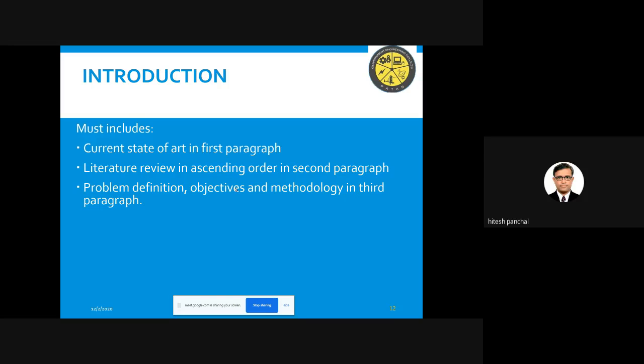Now, in the second paragraph, you must include the literature review. And the literature review must be in ascending order. If you see my research articles, I always follow the ascending order. Why ascending order? This is a very simple question that anybody can ask you. If you write the literature review in ascending order, you can easily explain to the editor-in-chief and reviewers